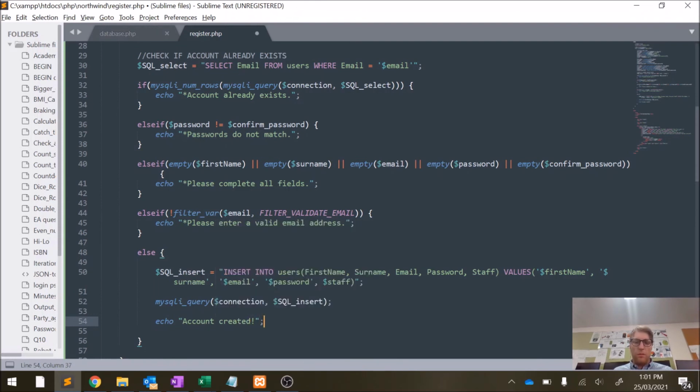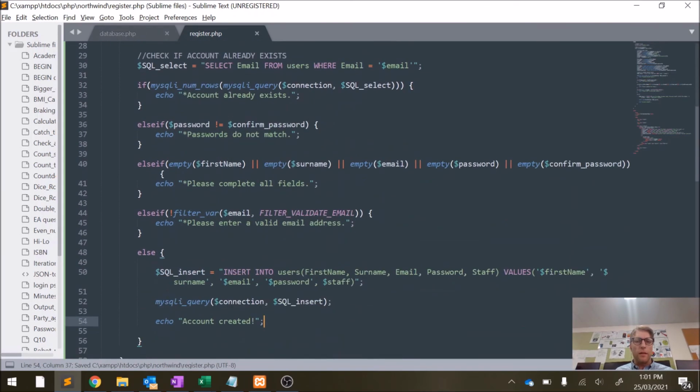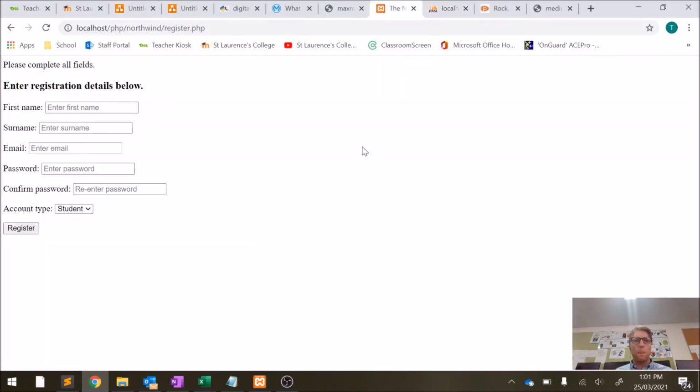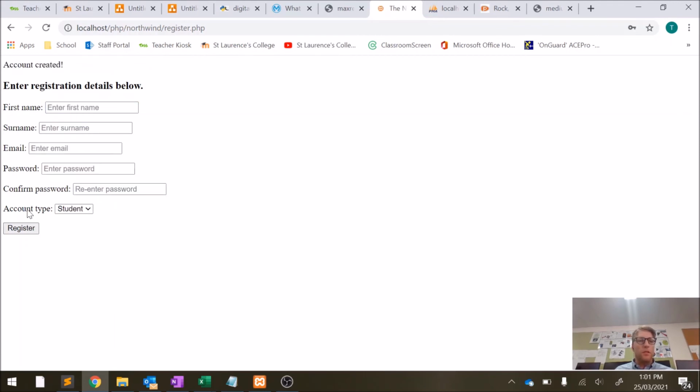And we'll put in an exclamation mark because it's exciting for the user when they finally get to that point. Let's test it. Go to our base model of register, type it in like I did before. That's not my email account, don't look at that. Password, copy and paste. I'm a staff member. Press register, account created, magic,